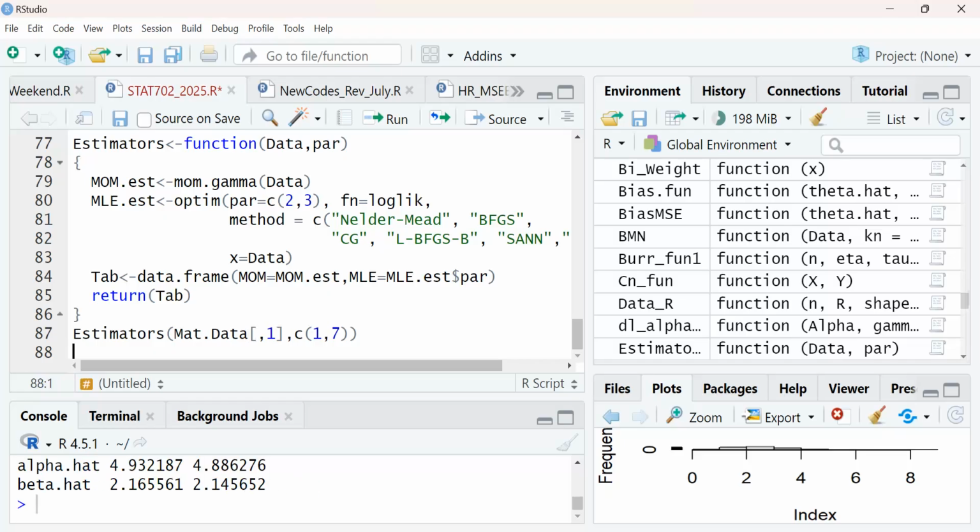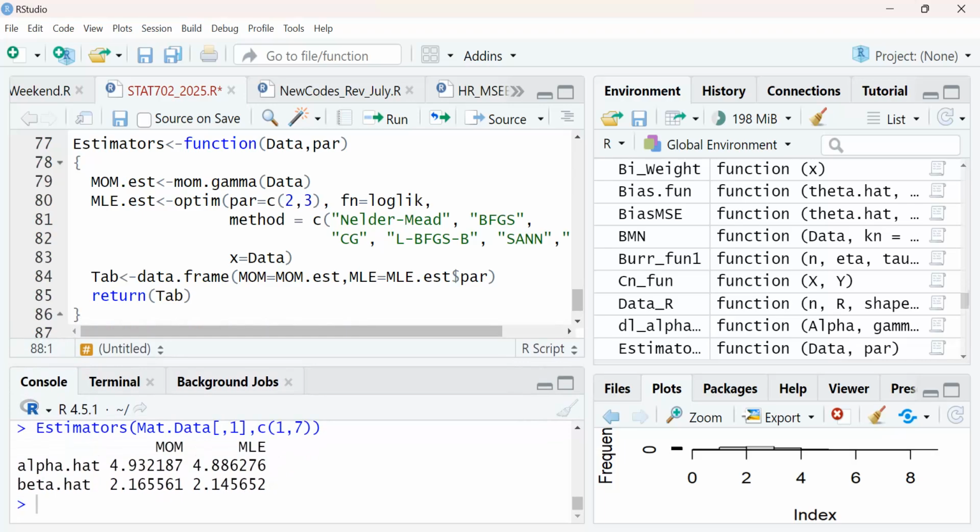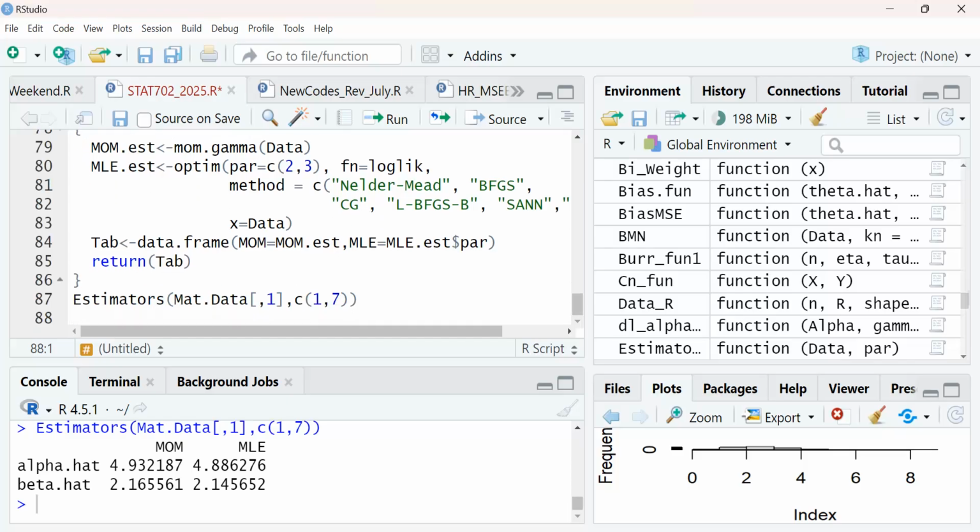Okay, so you see we have it. You see the way the outcome is. The moment estimator, alpha dot hat, is 4.93. Beta hat is 2.16, and then we go to MLE like this.